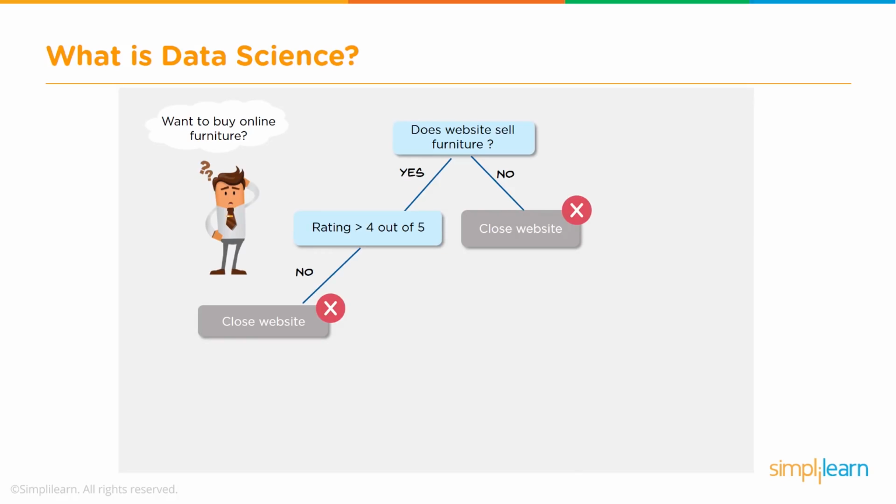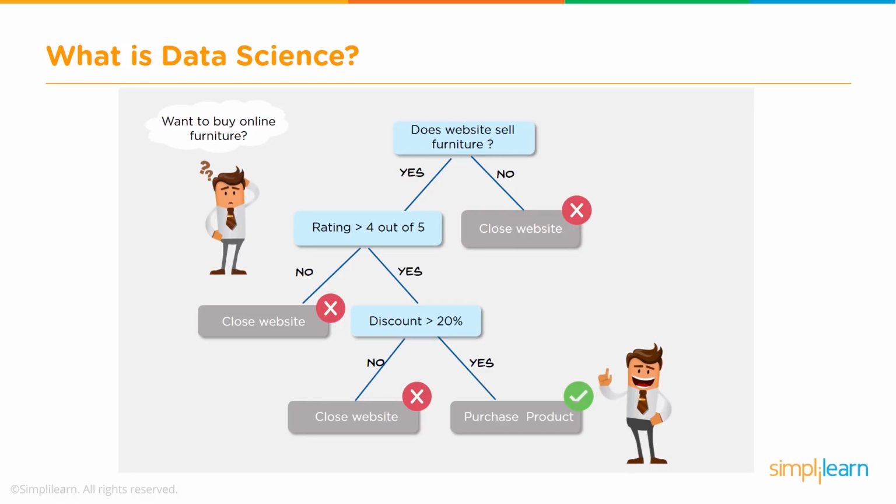They have a rating of 4 and above, and then you look for discounts. Is somebody providing a discount greater than 20%? Then again, you filter out some of them which are not providing any discount, and you get down to 1 or 2 websites which are providing those discounts, and go ahead and select the furniture and purchase it. So this is a very basic example. We probably don't follow this always exactly the same way, but just to illustrate and drive home the point.